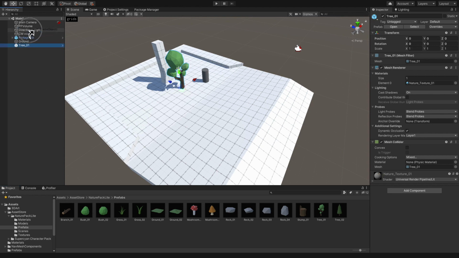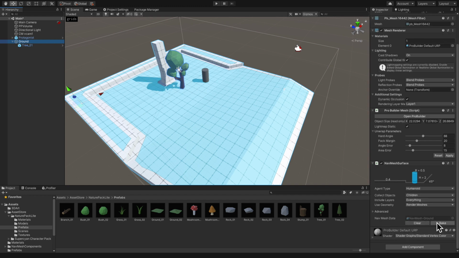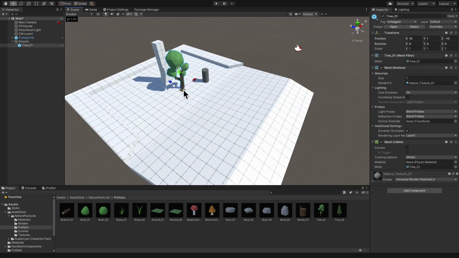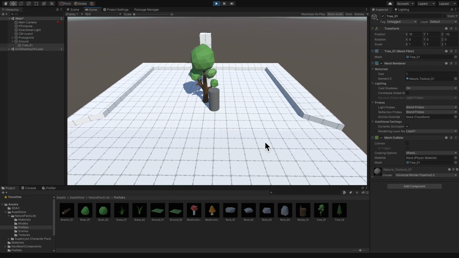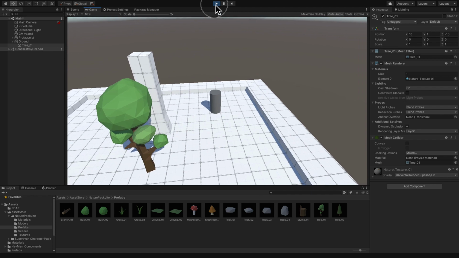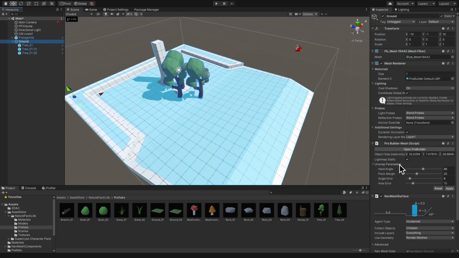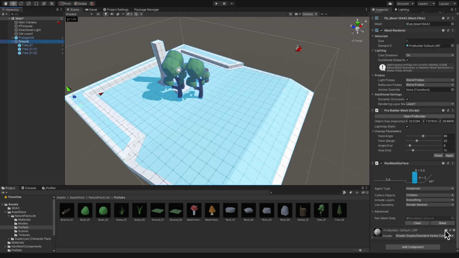I can put them inside the navmesh object, and then when I click generate or bake on the navmesh, now I can use this object as well as a blocker for the movement. And as I was saying before, you can have funky situations. You can really create your scenery the way you want.